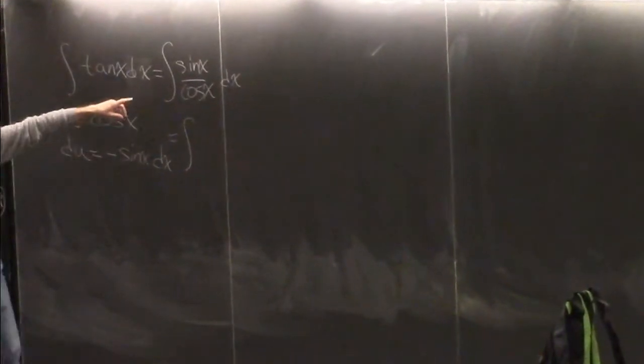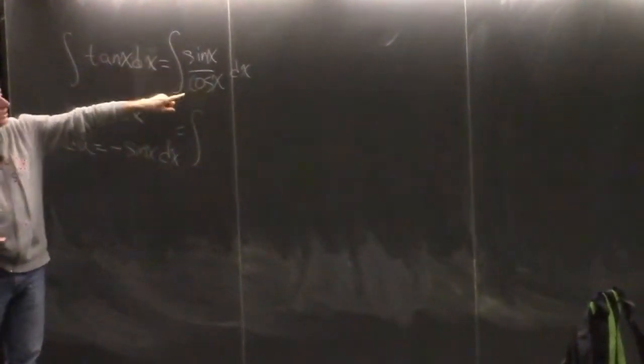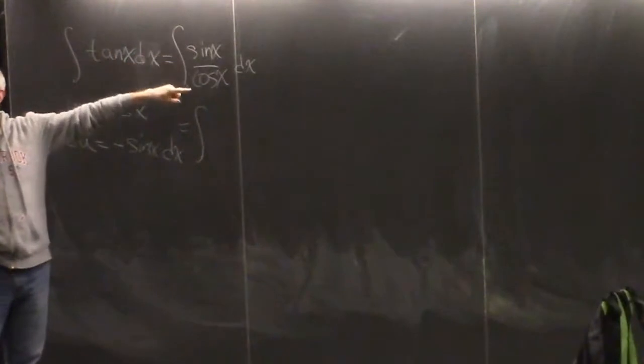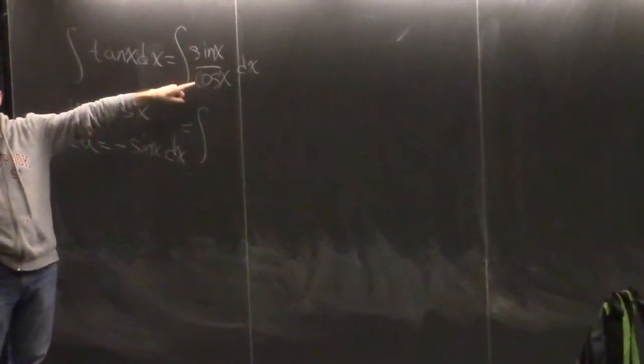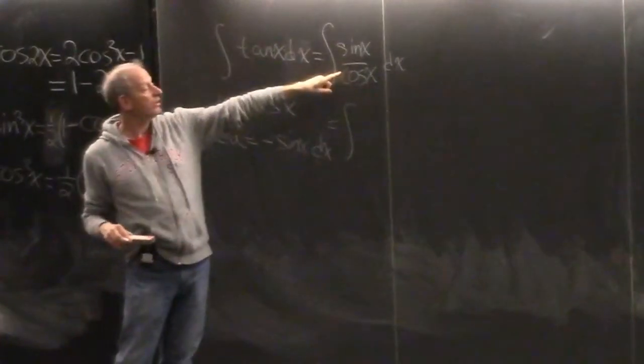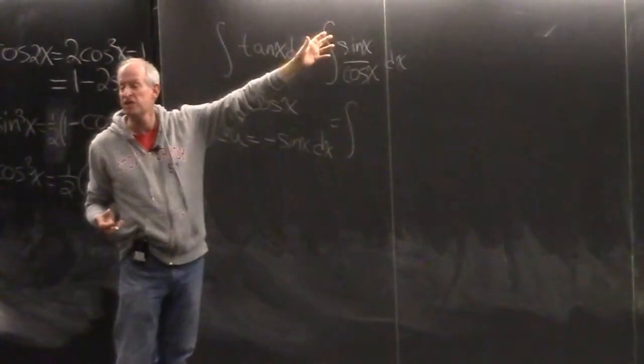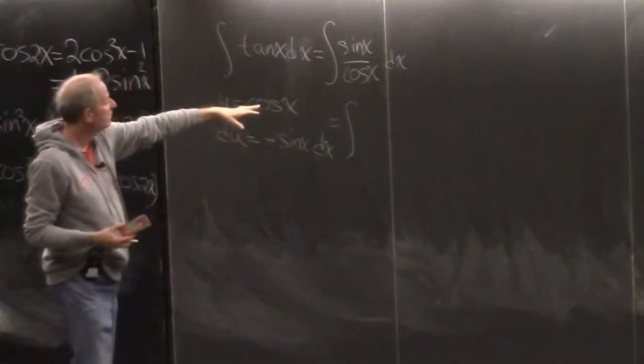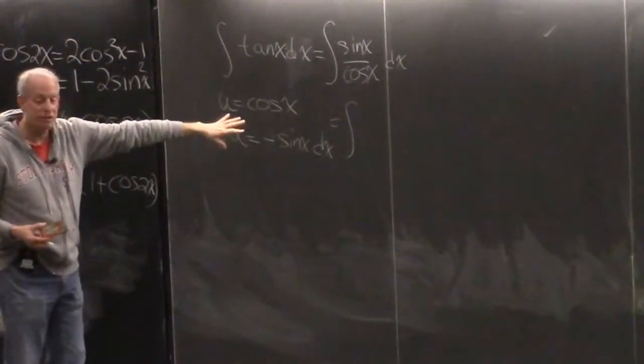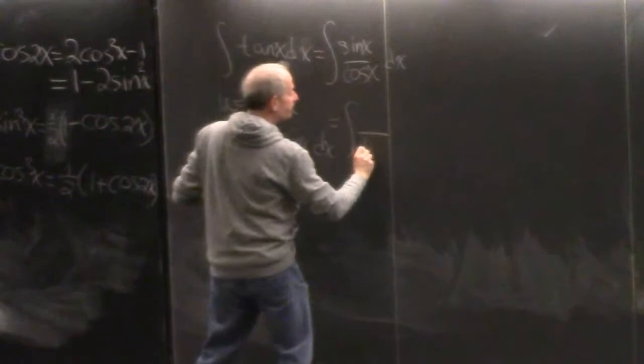So if we substitute in, we have cosine x in the denominator. Now how do I know to make u cosine and du sine and not the other way around? Well, if I let u be sine, du would be cosine, and I'd have u in the numerator and du in the denominator, and you have no idea what to do with du in the denominator. So you can't have du in the denominator. Du has to be up in the numerator, at least for this stage of your life. So I substitute the other way, and I put u down here.